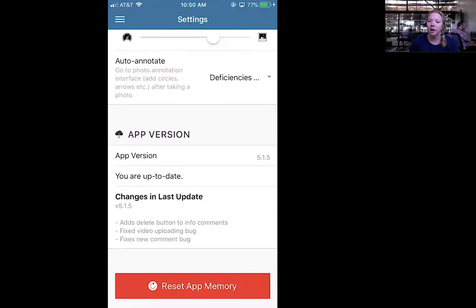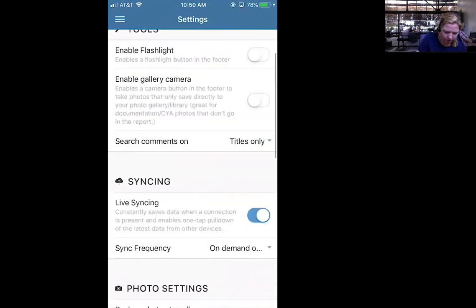So every once in a while, make sure that your information is all saved up to the server so that you're not losing anything important. And then it's probably a good idea to reset that app memory. The saved reports on there will be cleared. However, you can always press that import button that I showed you in the All tab, and it will download it back onto the app so you can use the report editor again. All right, so now we're going to go back up